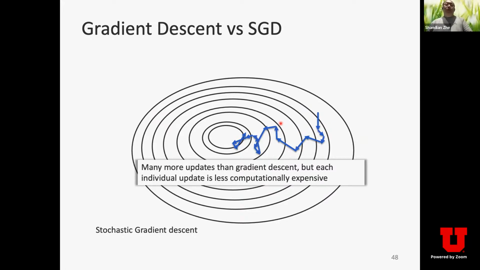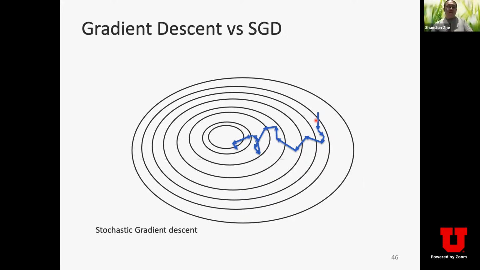Okay? So you can see that even if you're guaranteed to finally arrive at your house eventually, you do need many more steps, right? Many direction changes and moves to arrive at the target place. But each move is quite cheap. That's the major advantage. If we contrast that to the gradient descent behavior,